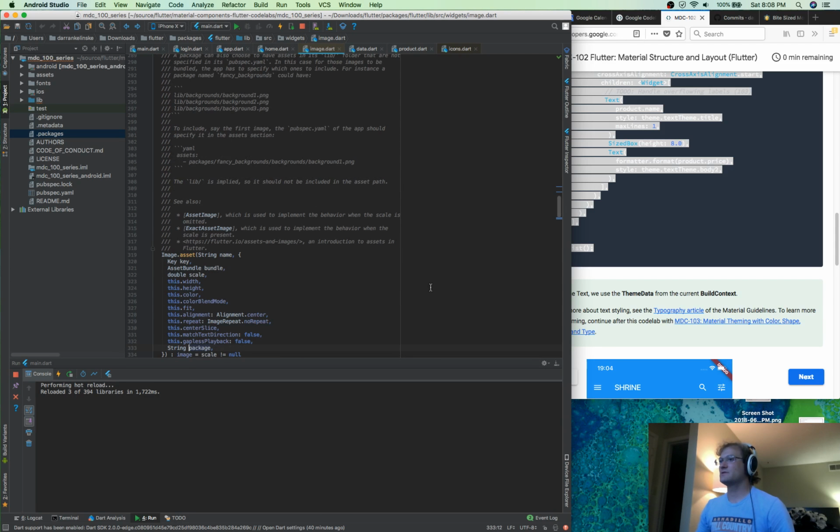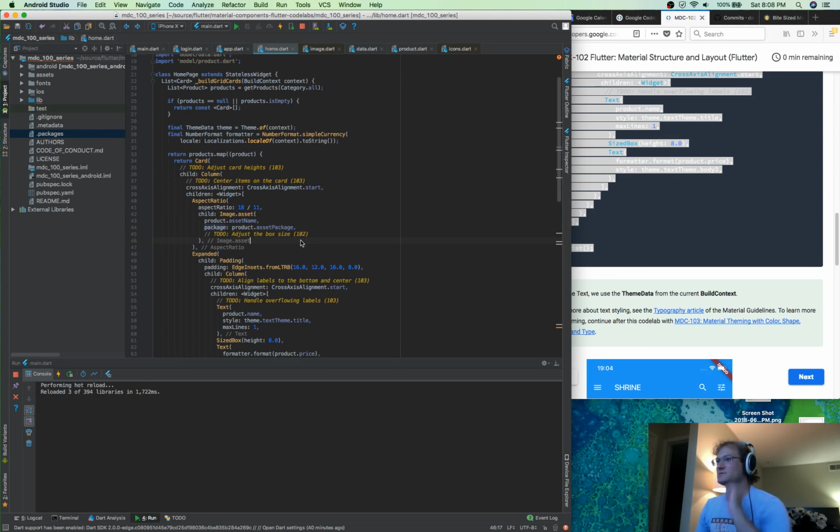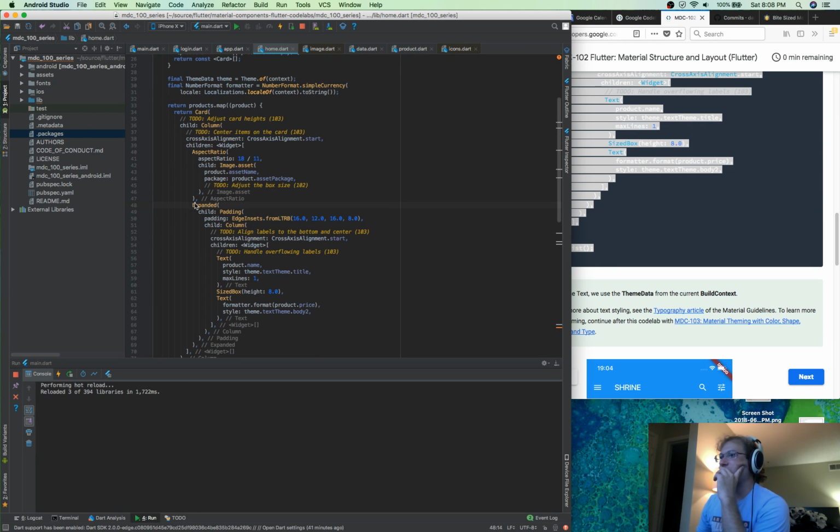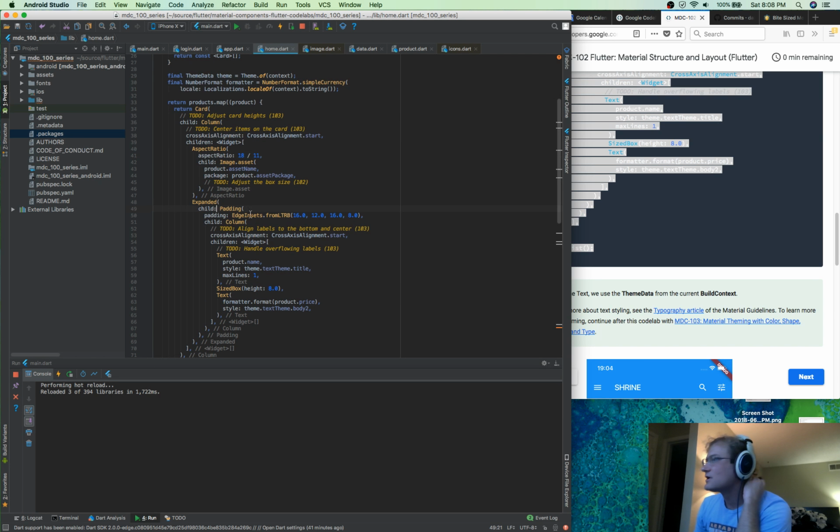So we'll look and see what package. Maybe it'll explain what package it is. And then we've got an expanded, which is basically something that takes up the entire rest of the area. So we've got basically a child that's an aspect ratio that contains an image. We've got an expanded, which is inside a padding